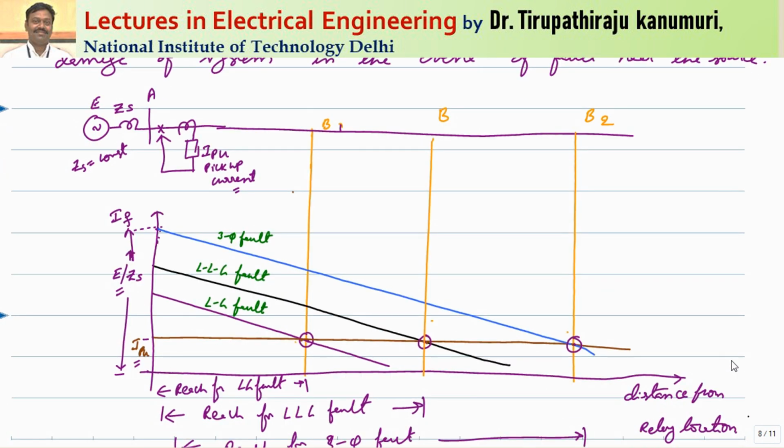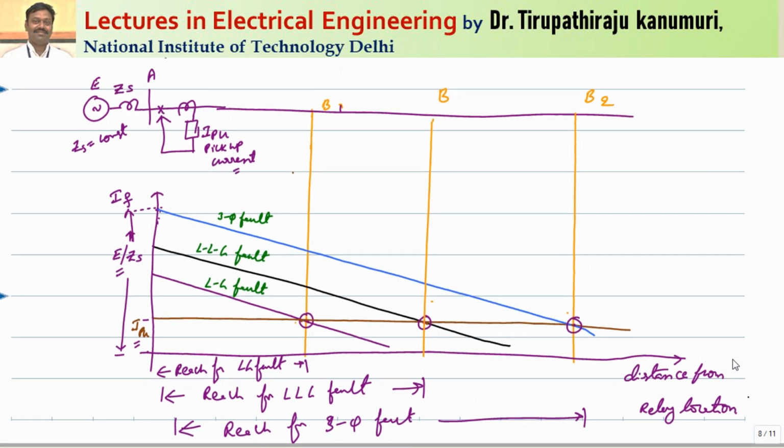So why the current will be more, you may have this doubt. So let us take the case. This was also discussed in module 3, I am explaining here. Let us take any type of fault. For example, a 3-phase fault will be the most severe, then comes the LLG fault or the LG fault. I have set my overcurrent relay with a particular current magnitude. If the fault is happening near the source, the impedance opposing it would only equal the source impedance. So let us take the example of a 3-phase fault. You can see the current magnitude is maximum.